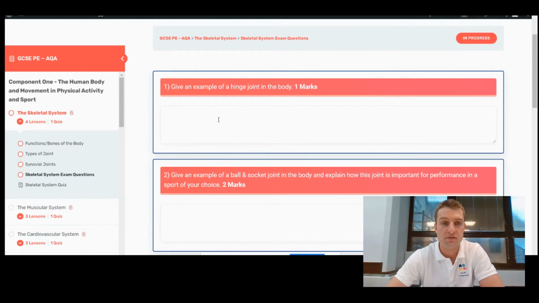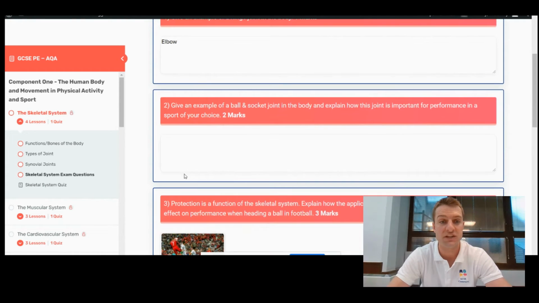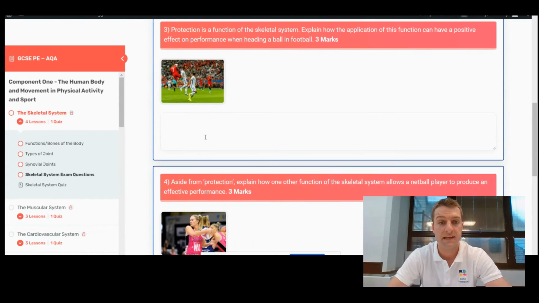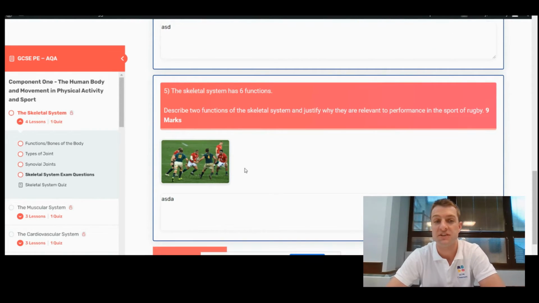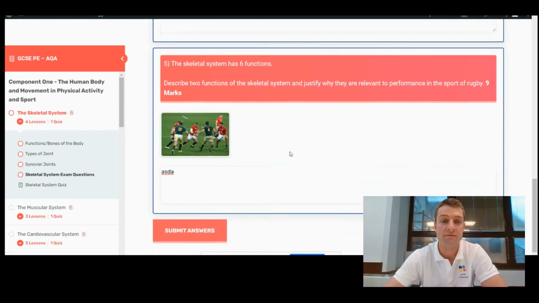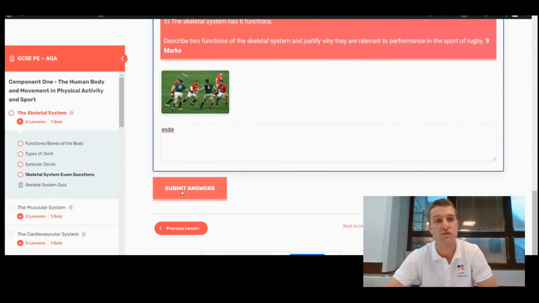And pupils must put in an answer to every single question. So they've got to put some answers in each of the boxes. And when they are happy with their answers, and again, this is something you might do at school, or it's something that might be set as homework. You might even get pupils to plan answers during lessons and get them to complete them for homework. But after they've completed their answers, they press submit,